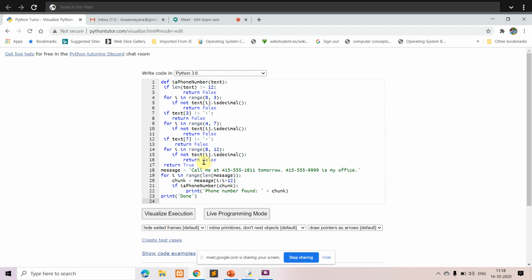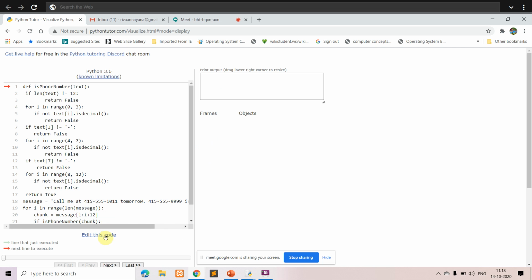So here the starting part, the entire thing is the same, only these last lines. Here you're passing the message. In that message you have the phone number for which the pattern has to be matched. We'll just see the execution of this particular program.